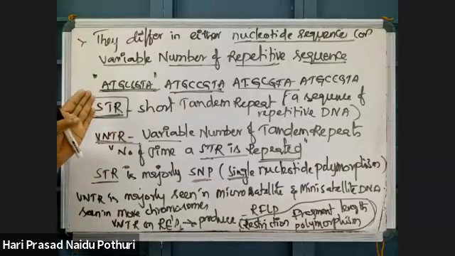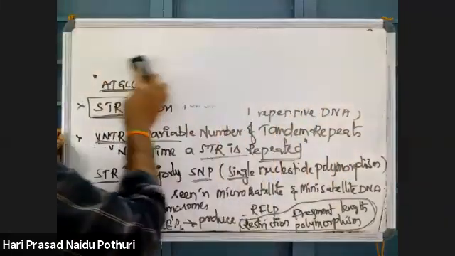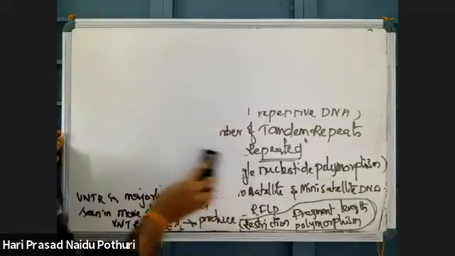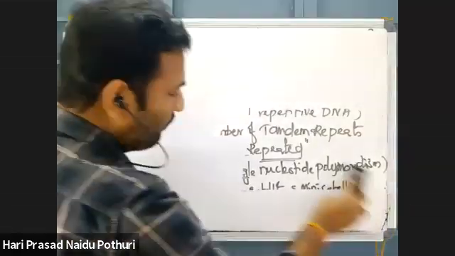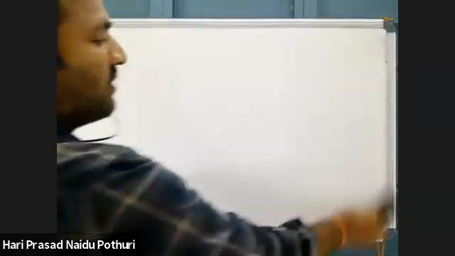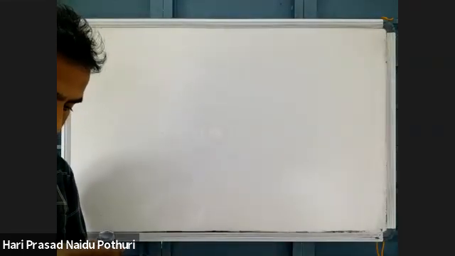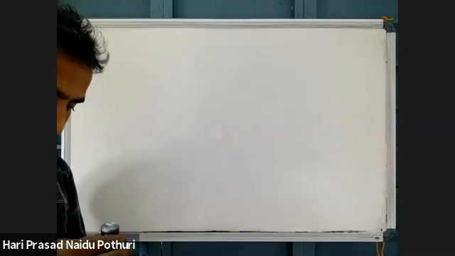So finally, what we discussed in the previous class: DNA fingerprinting involves the study of DNA polymorphism, which is in the form of VNTR or STR or SNP. DNA polymorphism in the form of STR or VNTR or SNP is studied with the help of restriction digestion, so that there is identification of the DNA fragments. After breaking with the restriction enzymes and separating the DNA fragments, we can sequence.